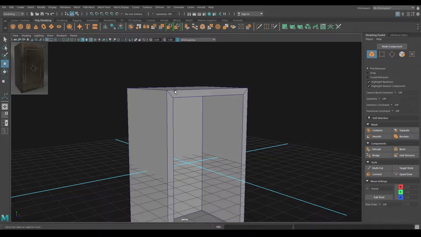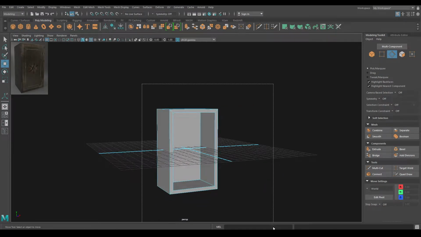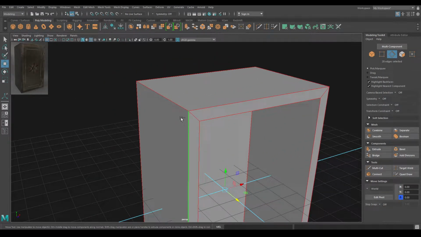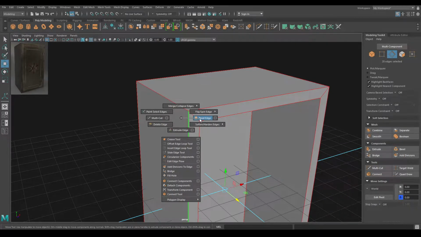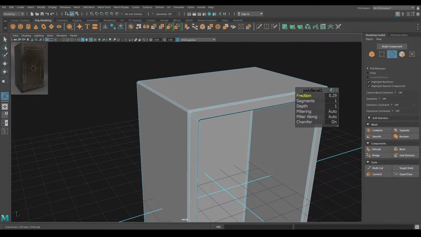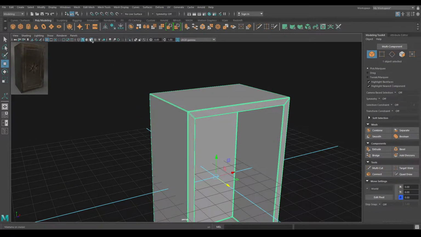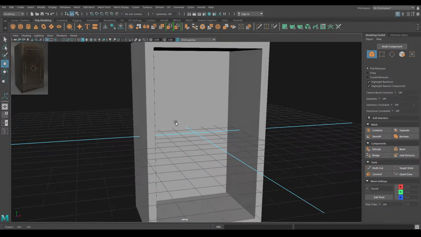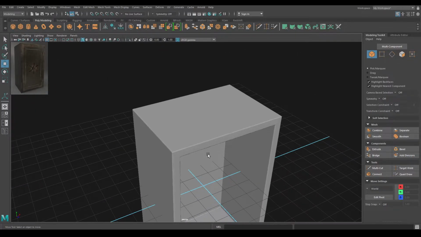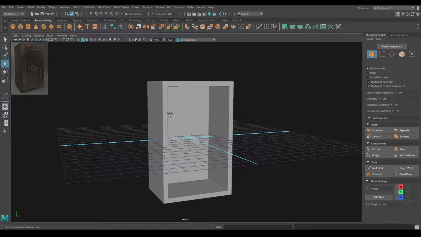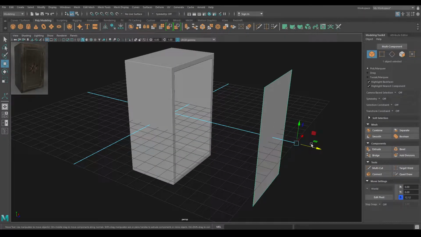Now let's smooth these corners a little bit. So go to edge mode and select all these edges. Press Shift and right click and select this bevel edge and decrease the fraction to 0.2, with the segments 3. This is going to give our corners a little bit of smoothness without increasing the poly count too much. Let's go to object mode and disable this wireframe mode and let's see our model. And these corners are looking really nice. So let's press Ctrl Shift and H and bring back the door of our vault.